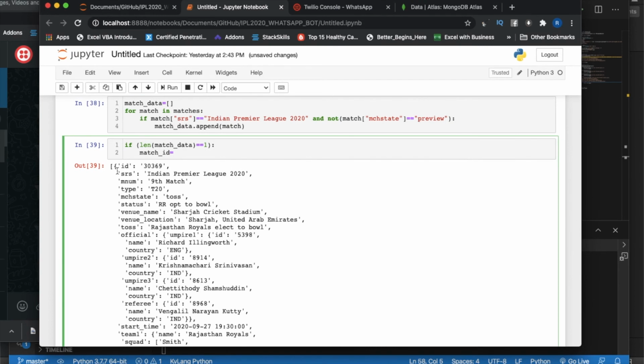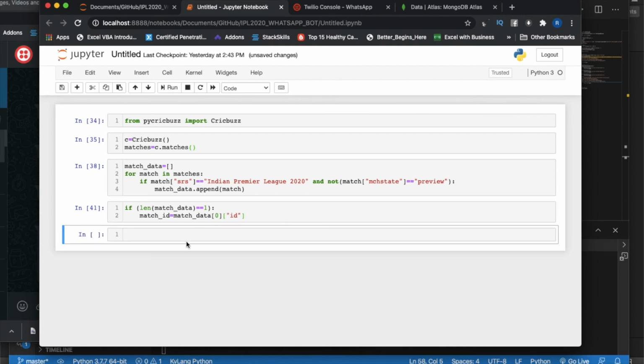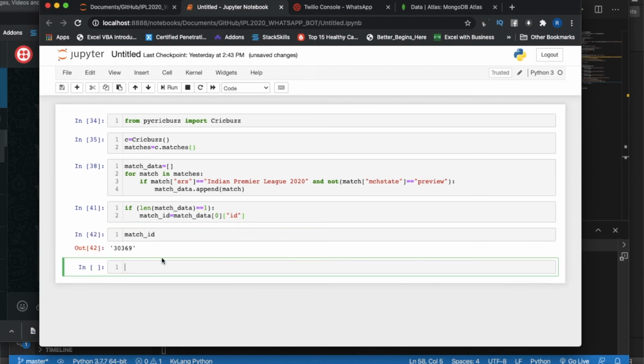In the list we have only one item, so match ID equals match_data, and it should be ID. List indices must be integer not string. So it should be something like this. So match ID is this. I got the match ID.